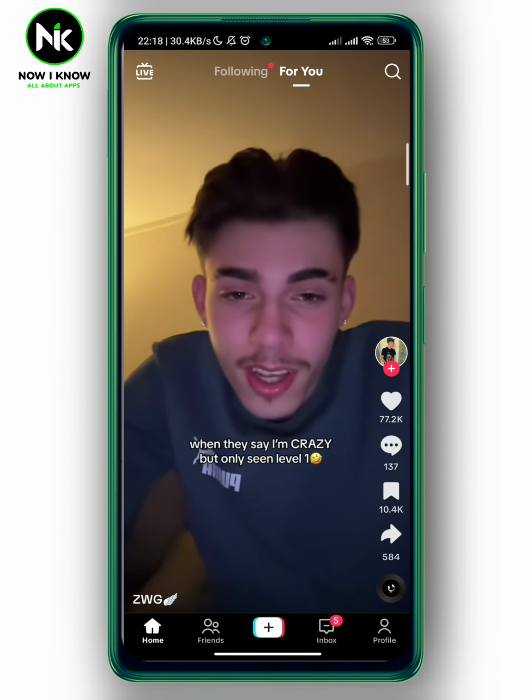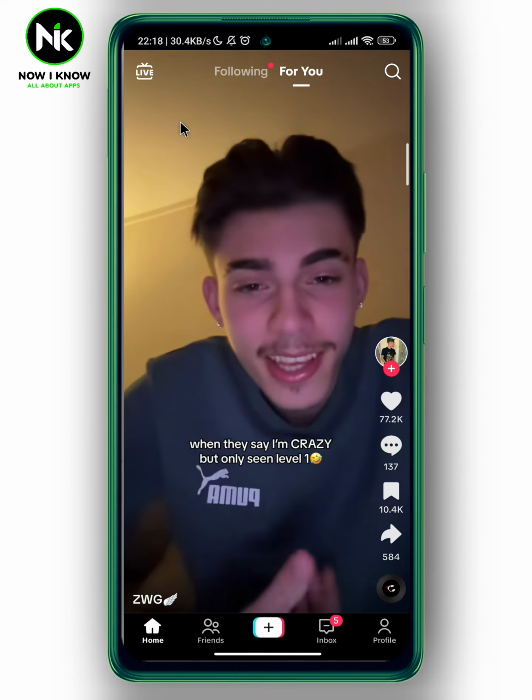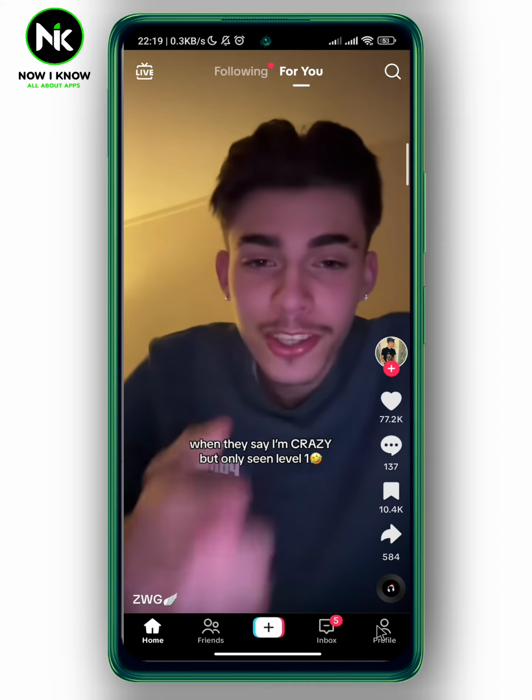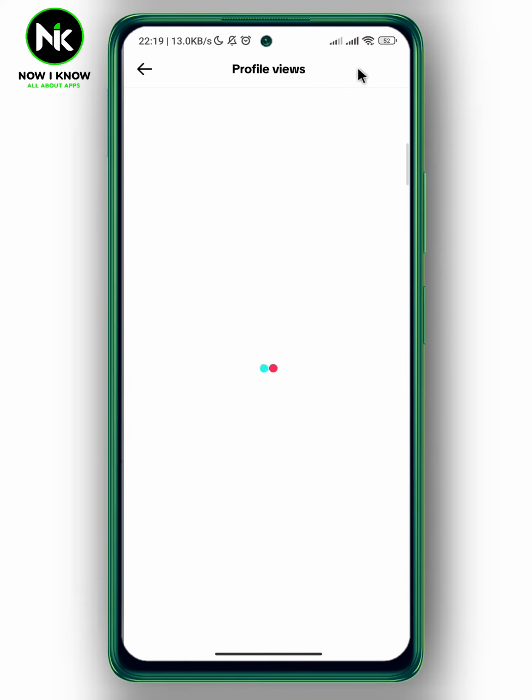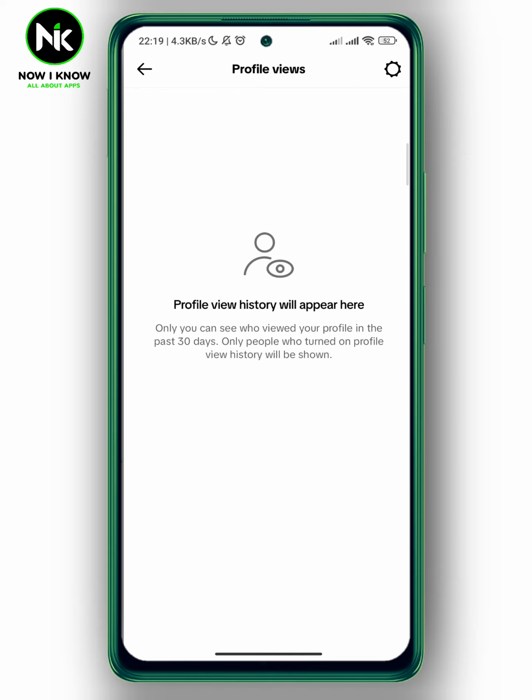Well, after getting the app, the first thing we're going to do is tap on your profile picture at the bottom right corner. And after that, we're going to tap on this little eye icon. And here, normally, all TikTok users that view your TikTok account will appear here in the last 30 days. Now, if the eye icon is missing, the first thing we're going to do to fix this problem is